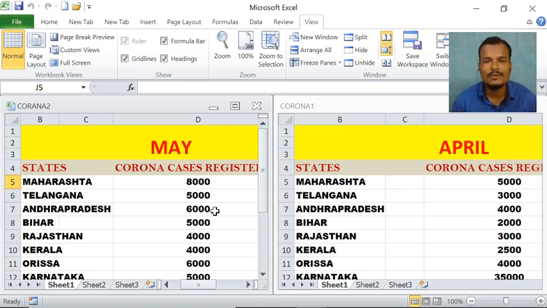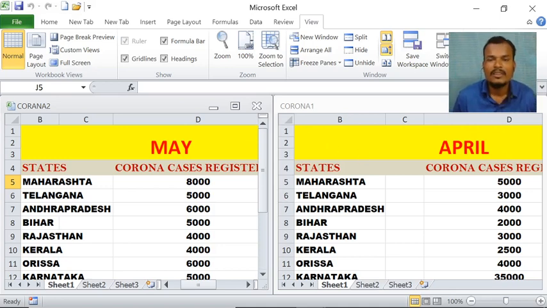So this is how to compare two different workbooks. Here we have taken the two different workbooks, Corona 2 and Corona 1. Clear? Right.